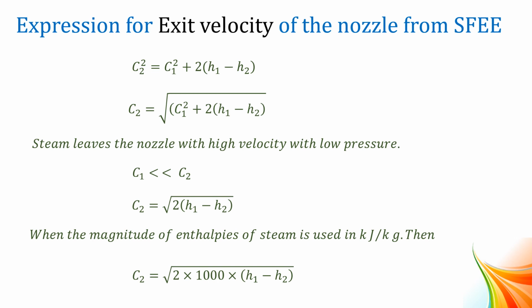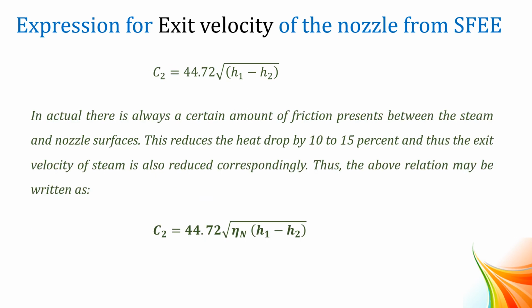Enthalpy values are given in kilojoules per kg. So we can use the formula C2 equal to the square root of 2 multiplied by 1000 multiplied by (H1 minus H2). Why are we multiplying by 1000? Since we have the enthalpy in kilojoules per kg, to convert into joules we multiply by 1000. So 2000 into (H1 minus H2). Finally, the root of 2000 is nothing but